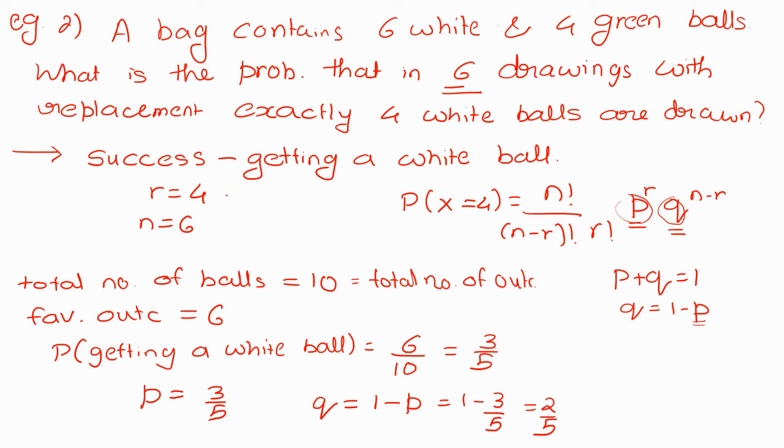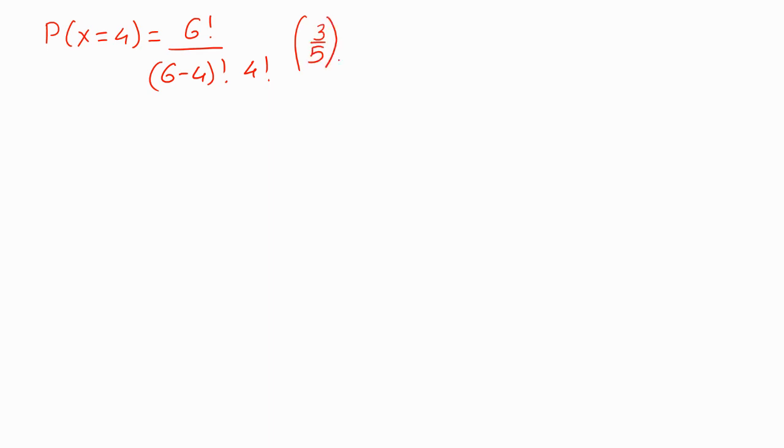Okay, now I know the value of r, I know the value of n, I know the value of p, I know the value of q, therefore I can use this formula very well. So now probability of getting 4 white balls in 6 trials will be probability of x equals 4, and that will be given by n factorial, where n is 6, so 6 factorial upon 6 minus 4 factorial into 4 factorial into p, the p value is 3 by 5, so 3 by 5 raised to 4 and 2 by 5 raised to